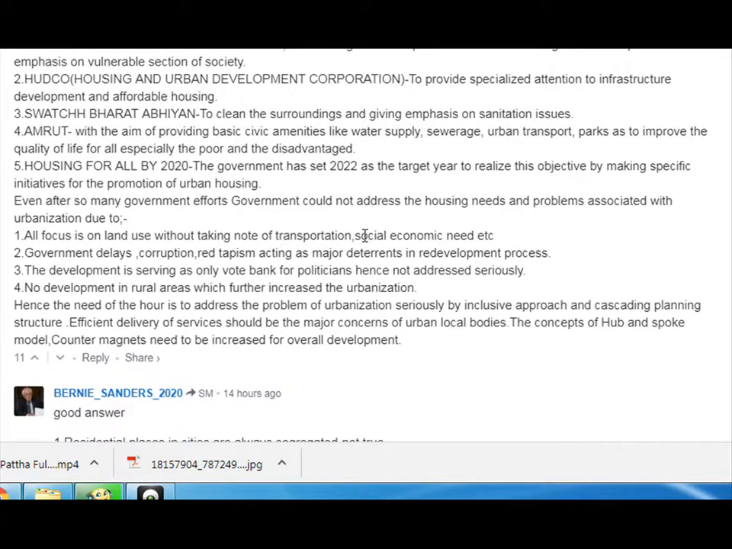Hence the need of the hour is to address the problem of urbanization seriously by an inclusive approach and cascading planning structure. Efficient delivery of services should be the major concern of urban local bodies. The concepts of hub and spoke model and counter magnets need to be increased for overall